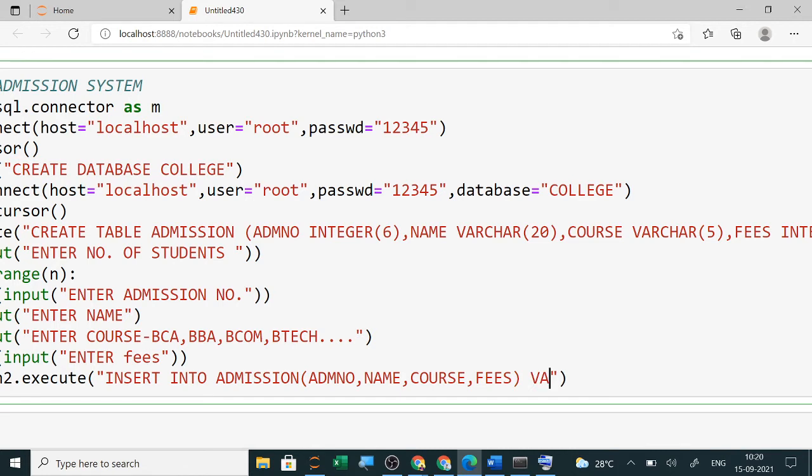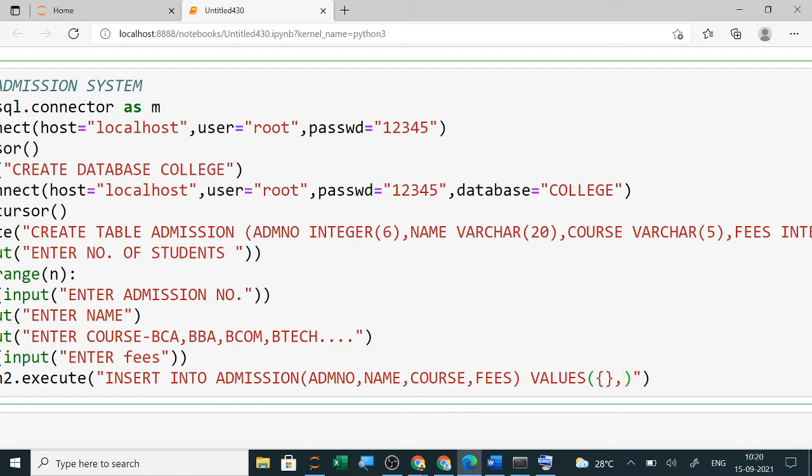Now the next syntax is values. And what are the values? Here we are using the new format. In the new format, whichever is a string goes in single quotes with curly braces, and for whichever is a numeric value, only curly braces I will use. Since the user is entering the data, I am using curly braces for the first one, which is an integer.